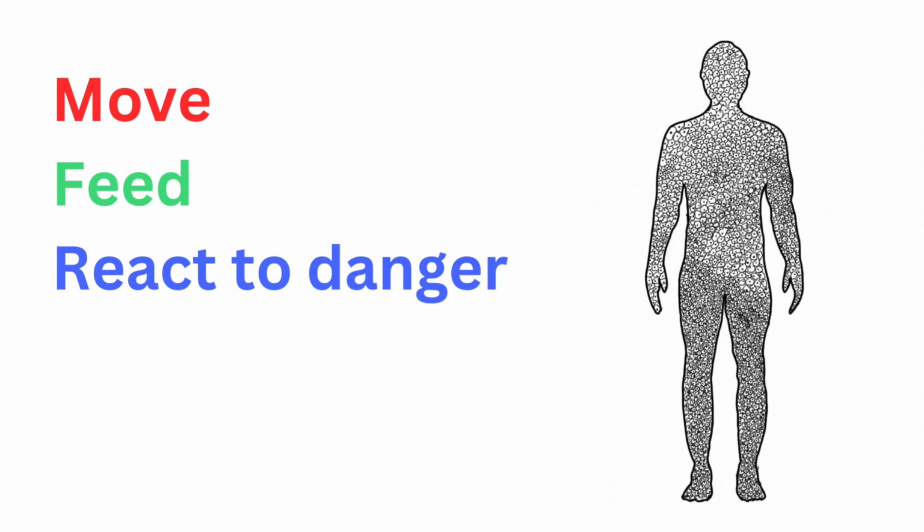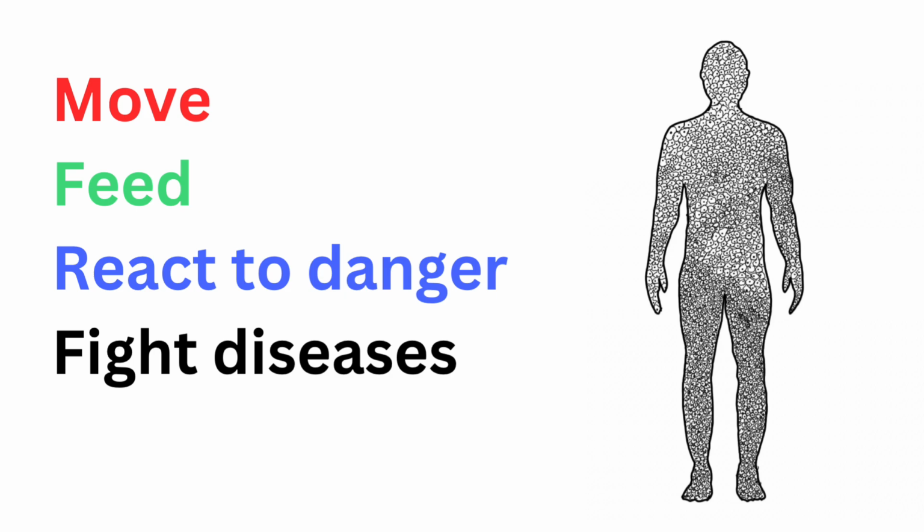In a similar way to the city, there are lots of jobs that need to be done within our body. We need to move the parts of the body. We need to find food and break it down. We need to keep ourselves safe, so for example, moving away from something that could burn us. And we need to fight diseases that can make the body ill. We also need to be able to make more living things.